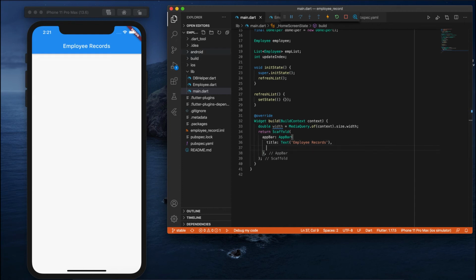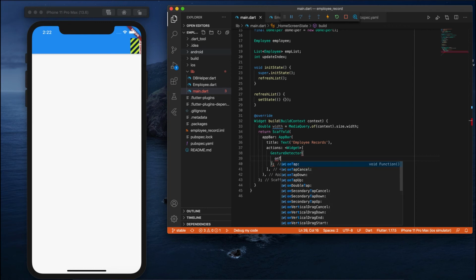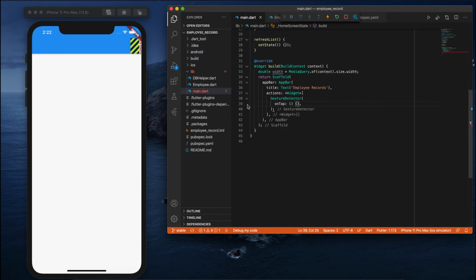So on the first step, I want to create the plus icon over here. To do that, let me create an action. So let me create a gesture detector over here. So inside the gesture detector, let me create an on tap. So inside on tap, I'll implement this later. And next,